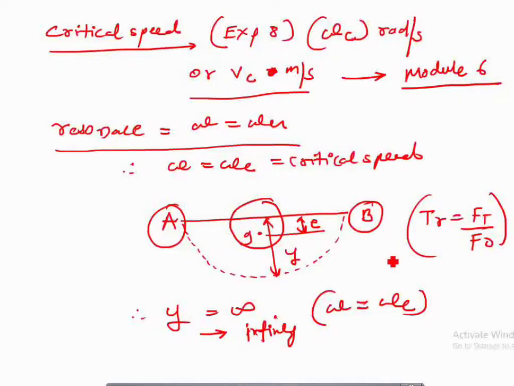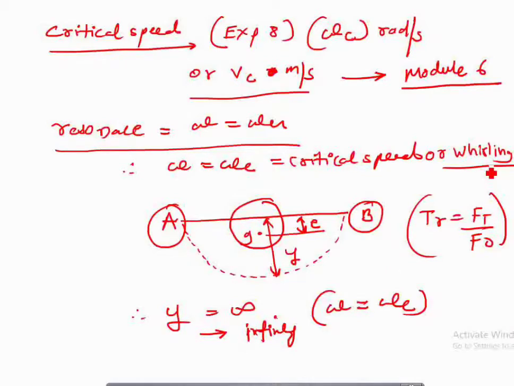Now, when omega is equal to omega c, that is at the critical speed condition, which is also called the whirling speed. The best example is the whirling of the propeller shaft of an automotive in a front engine, rear wheel drive vehicle. At critical speed or whirling speed, the force transmitted to the foundation or the bearings is very large. And in the region of this critical speed, the system normally fails because of the violent nature of vibration.